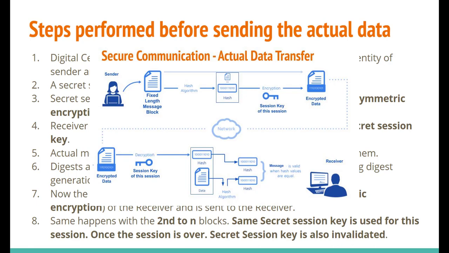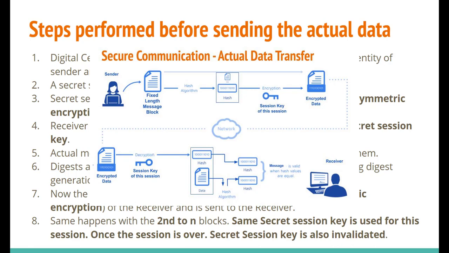The receiver will have two digest values, one which it has received with the message which was sent from the client to the server, and the second one is the digest which it has recently generated. And now it will verify these two digest values.